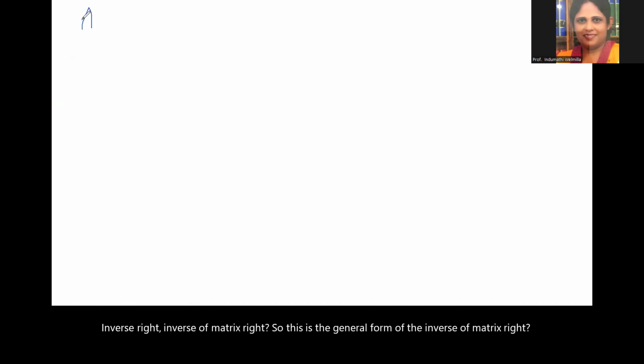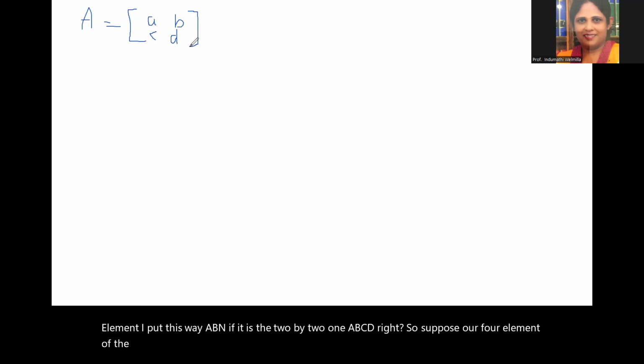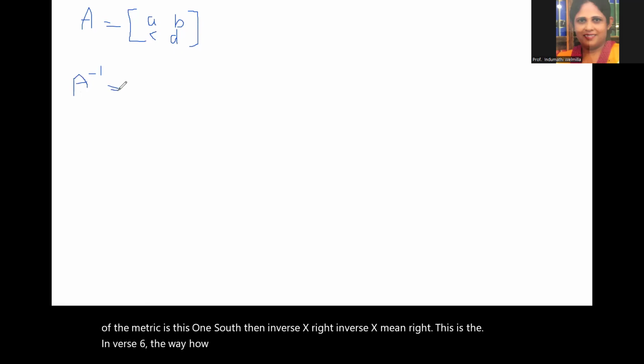If our matrix is A, I put the elements this way: if it is a 2 by 2 matrix, A, B, C, D. Suppose our 4 elements of the matrix are these. Then the inverse of A is, the way we show it with the notation,